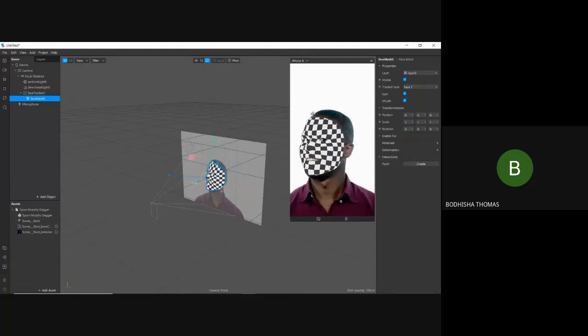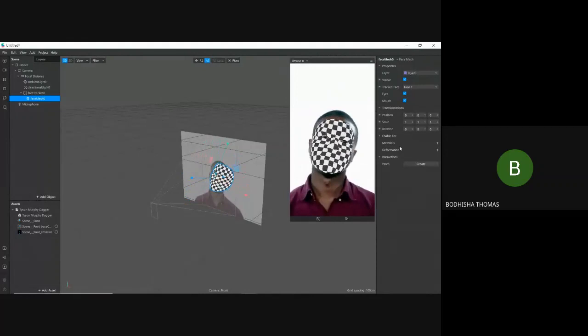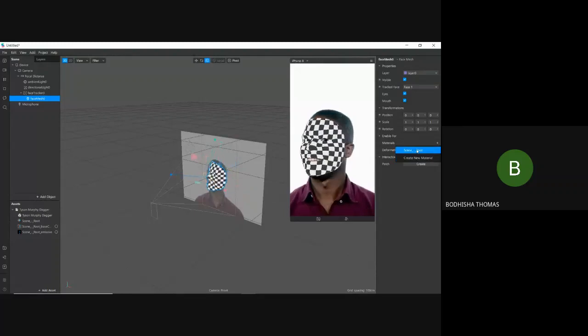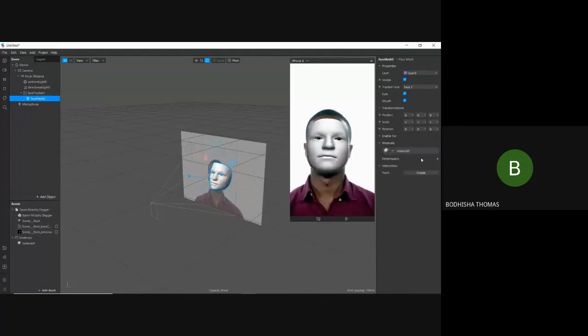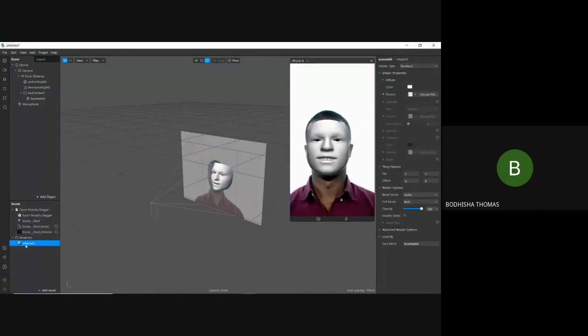Also, you can add materials. Now it is a default, no texture is added. So if you wanted to add a texture, you have to click on this material. So there are two options, either create new material or scene root. The scene root is from the assets we just downloaded. We can either click on new material. If you click on new material, a new material will be added.